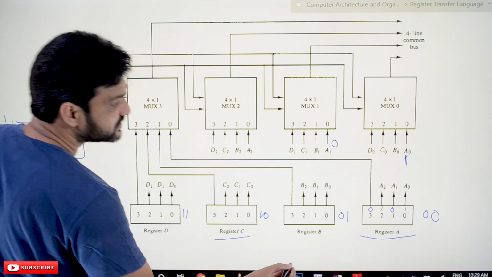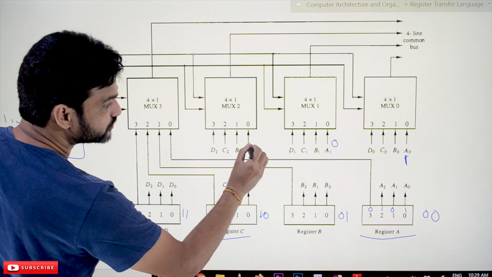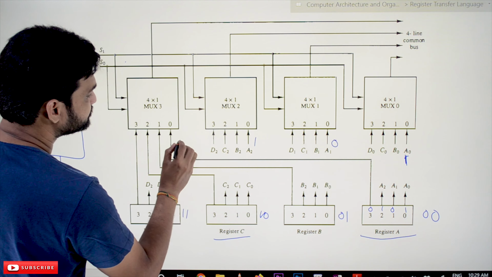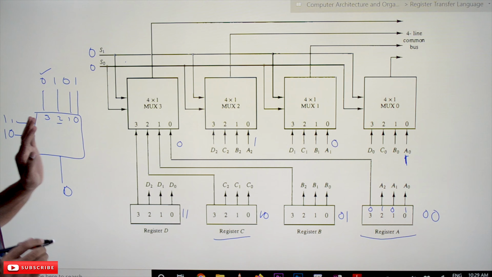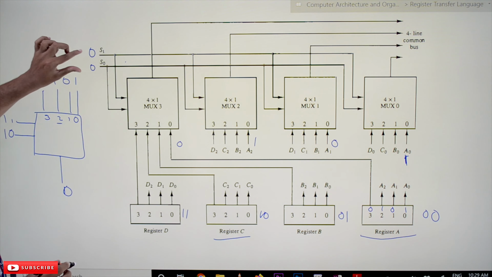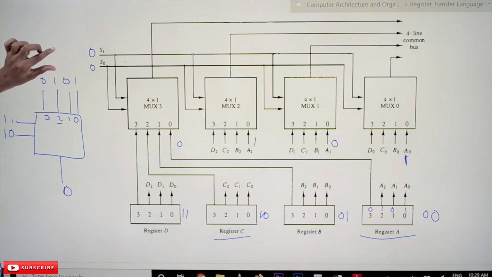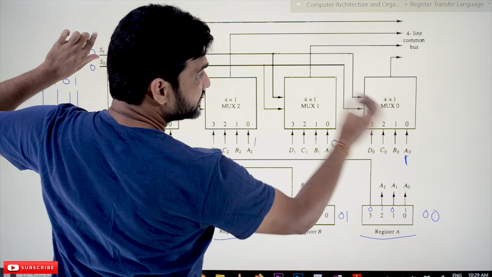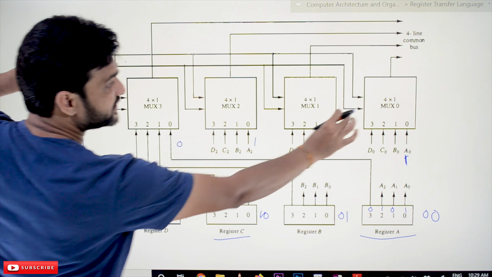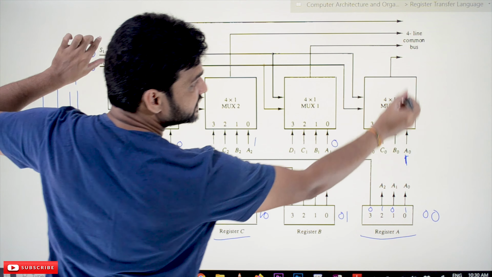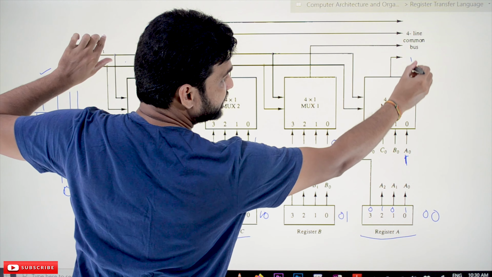Similarly, A2's value is 1 and A3's value is 0. Now whenever the select lines are 00, which line will get selected? These interconnections are made to each and every multiplexer. So the 0th input will get selected, and here we are going to have 1.